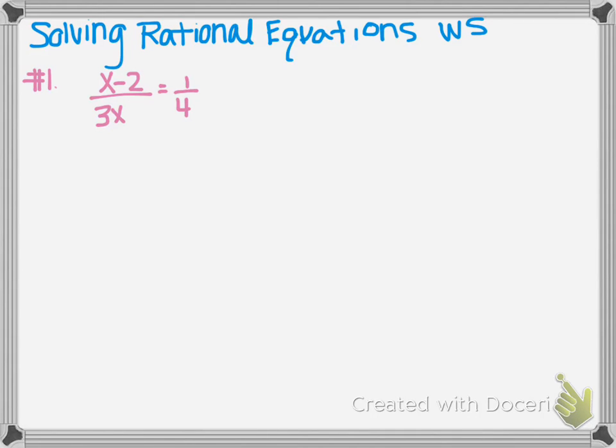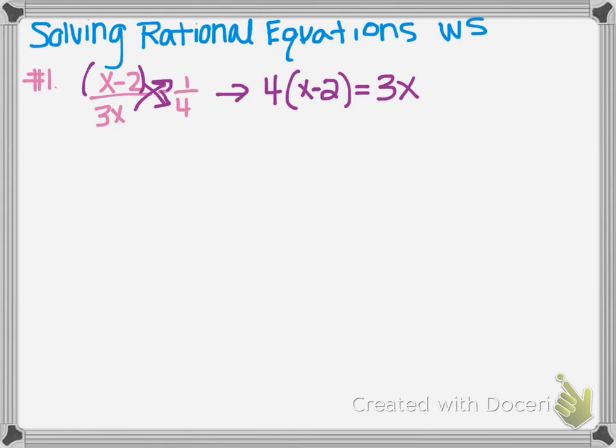So I'm going to walk you through numbers 1 through 4 first. Whenever we have one fraction on the left equal to one fraction on the right, we are going to crisscross multiply. So we're going to multiply crisscross like this. The only thing to really advise you on, since you have done cross multiplication before, is that you just need to put in parentheses. So when you do that, you are going to get 4 parentheses x minus 2 equal to 1 times 3x,